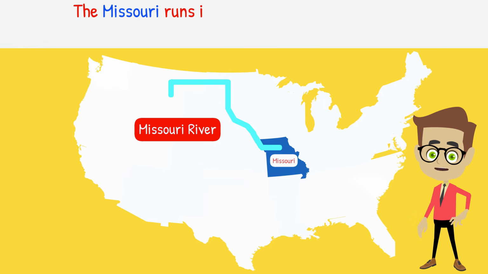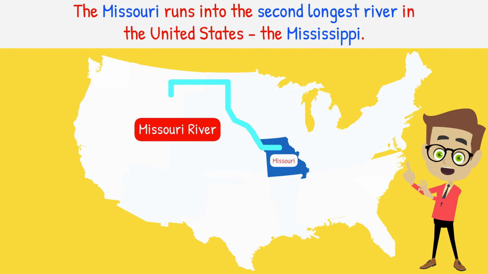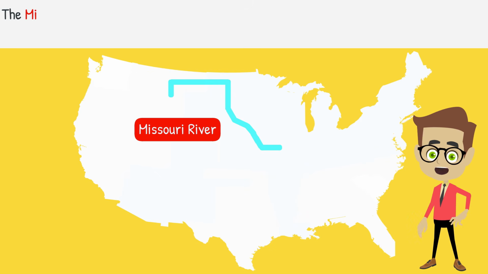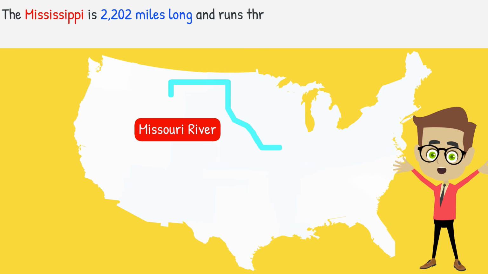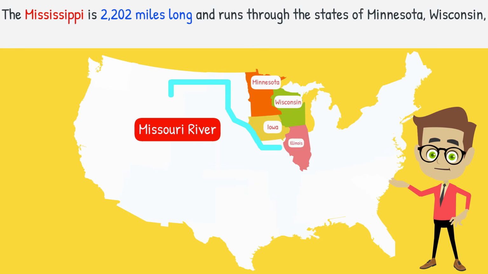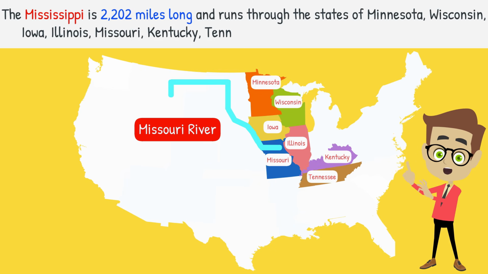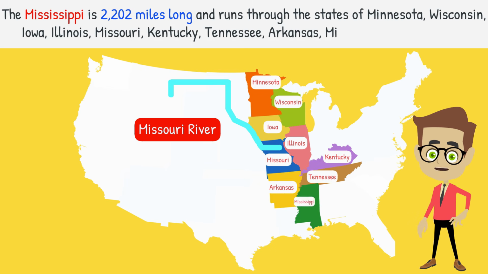The Missouri runs into the second longest river in the United States, the Mississippi. The Mississippi is 2,202 miles long and runs through the states of Minnesota, Wisconsin, Iowa, Illinois, Missouri, Kentucky, Tennessee, Arkansas,